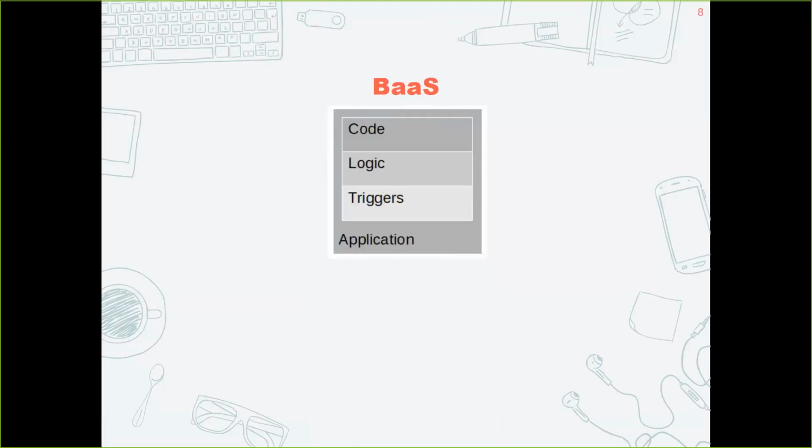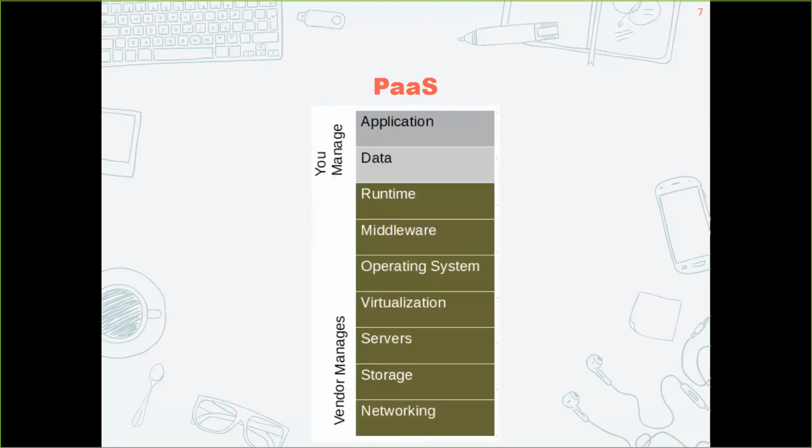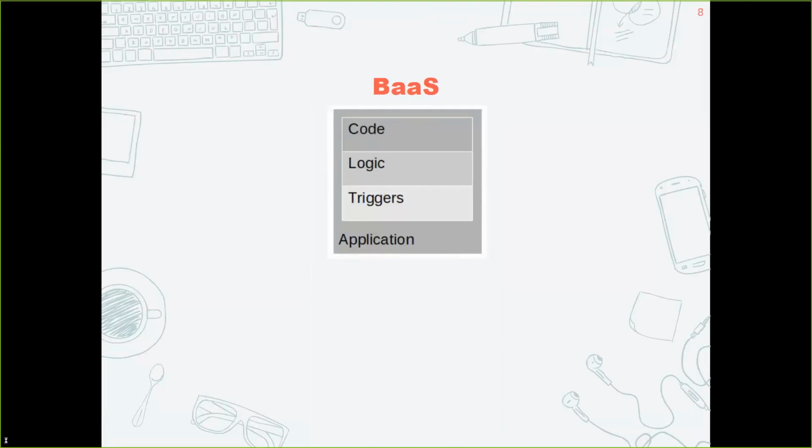And like Jeevan said, he was spot on with the functions part of it, because if you think of the previous stack, the previous screen, and this one, I've now taken out only the applications, the grayed out bit. If you think of serverless, or serverless computing, or backend as a service, that's the BaaS part of it. In that application, it's not just the code. There's something to do with the logic. There's something to do with the triggers. So you'll have your own code on there. So that's your serverless function.